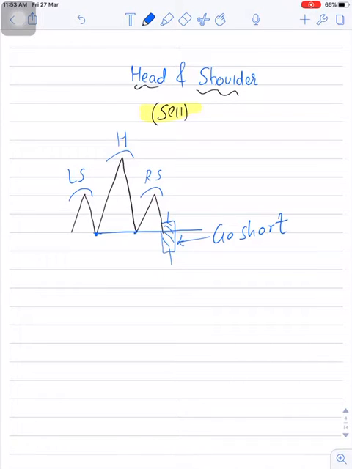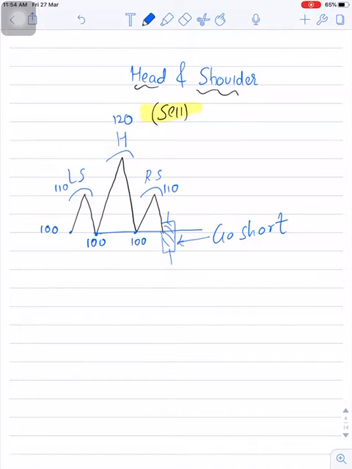So let's say for example, price started a rally from 100 rupees, went up and made a top of 110, fell till 100, again went up, made a new top of 120, again fell till 100 and made a top of 110. So as you can see, the left shoulder and right shoulder both have a top of 110 and the head has a top of 120, whereas the bottom you can see is 100. So I can say the neckline is 100. So as soon as price breaks this 100 rupees with a bearish candle, we can go short.